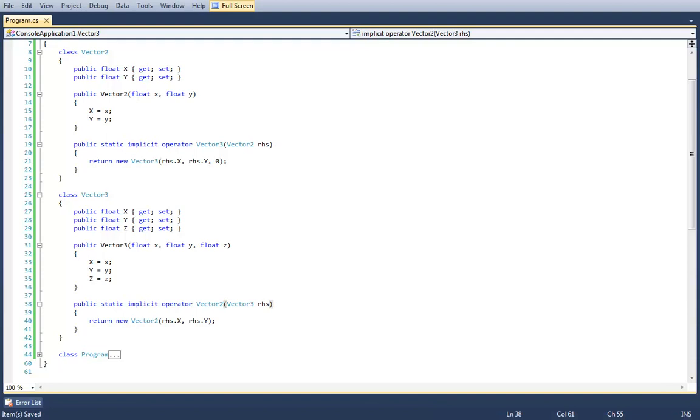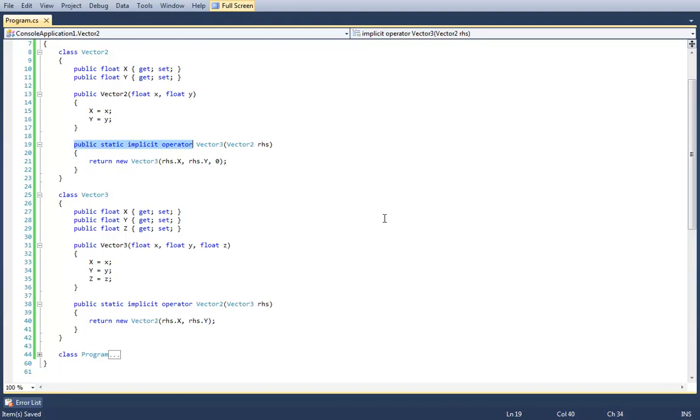Resume, and we're back. So what we have here is an implicit conversion from Vector2 to Vector3 and from Vector3 to Vector2. Before I get into a caveat, let's break these down. All implicit conversions are like this.